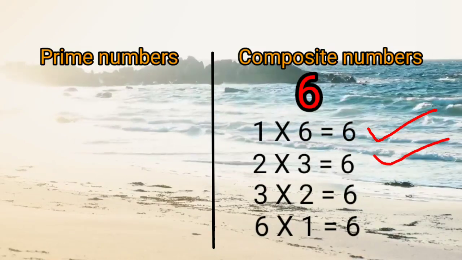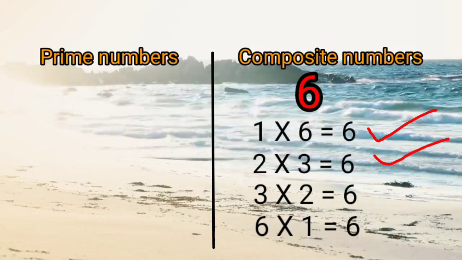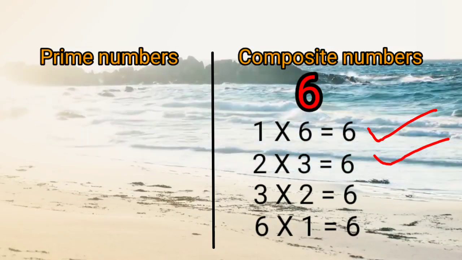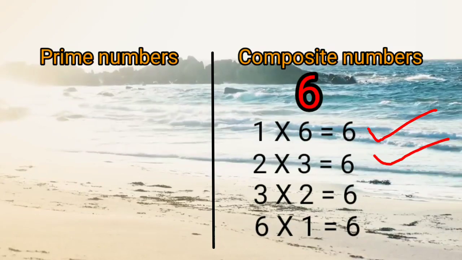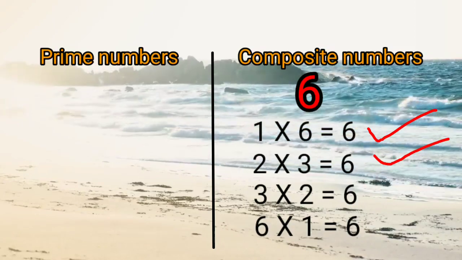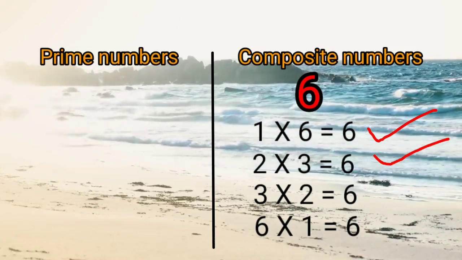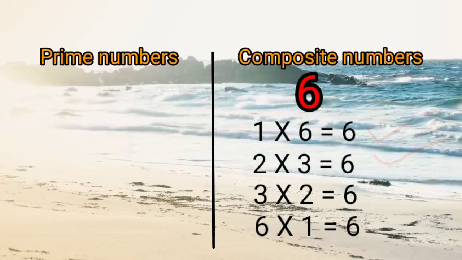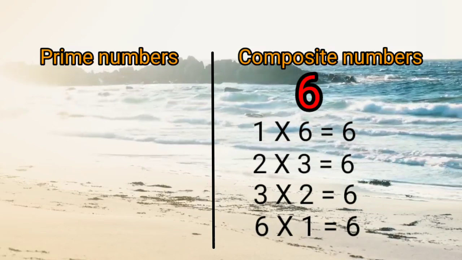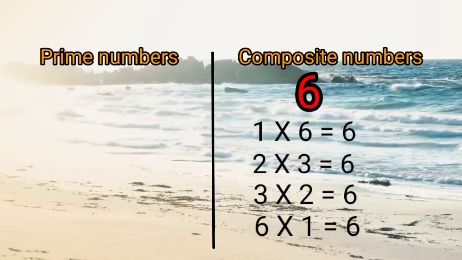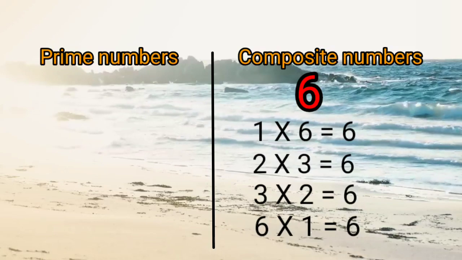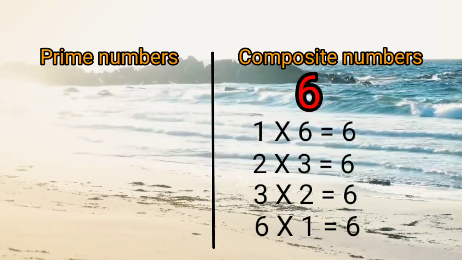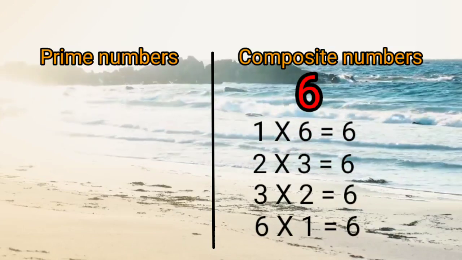And then from the third result, 2 and 3 are the factors of 6, but we have already written that 2 and 3 are the factors, so we don't repeat it. And finally 6 and 1 are factors of 6, which is also included here. So if you take the number 6, you get the numbers 1, 2, 3 and 6. So we have now learned what we mean by the factor of a number.